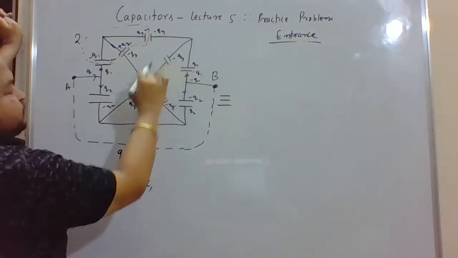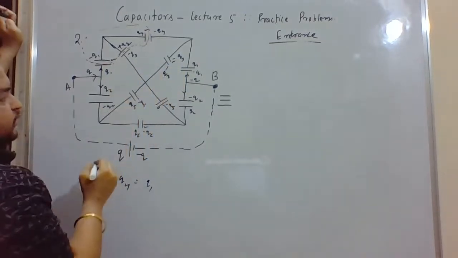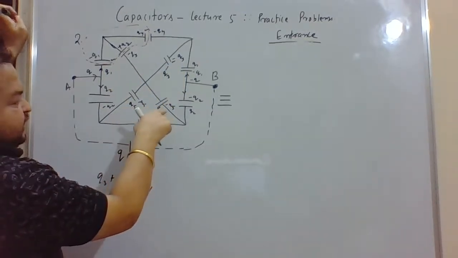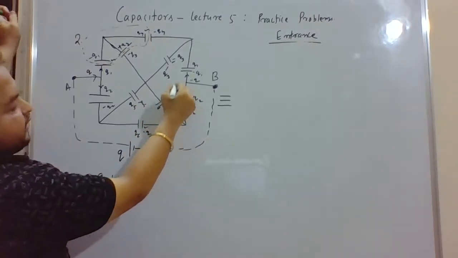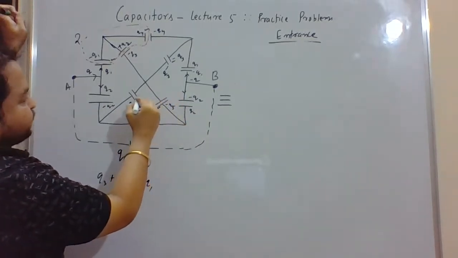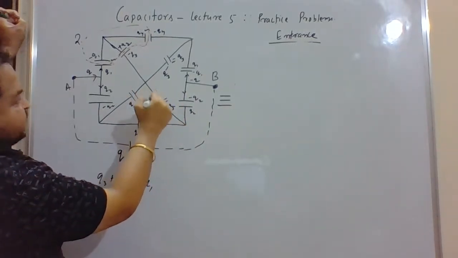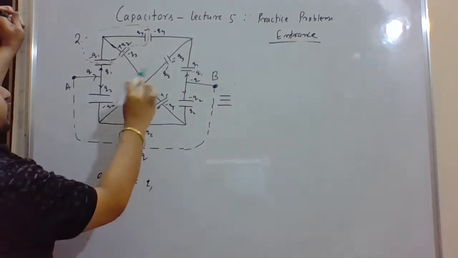Now, if this one is minus Q3, then this one will obviously be plus Q3. If this one is minus Q5, this one, okay, wait. So this one is plus Q2, this one is minus Q5. So when this one is minus Q5, this one will be plus Q5. Okay. So if you see here,